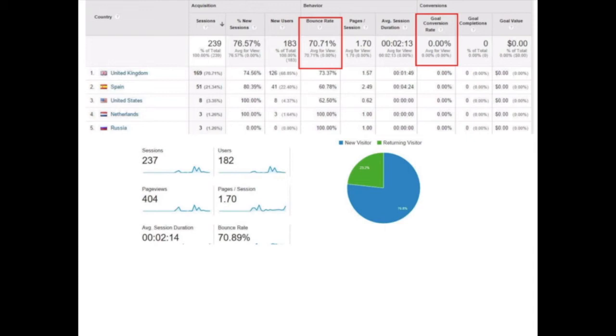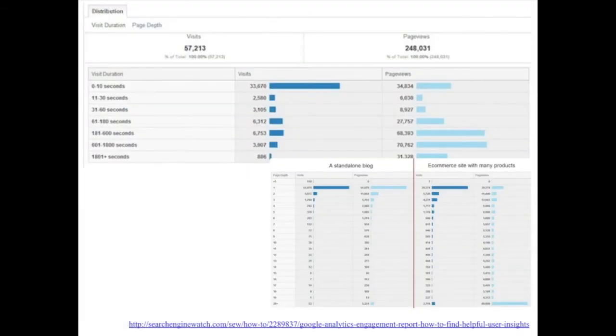On this slide, you can see an example of a view in Google Analytics where you can see the bounce rate and conversion rate for different visitors to a web page or website. A goal conversion rate is where you might set a goal such as people subscribing to your site, or people subscribing to an email newsletter, or clicking through to an advert. And that's something else you might measure using analytics tools like Google Analytics.